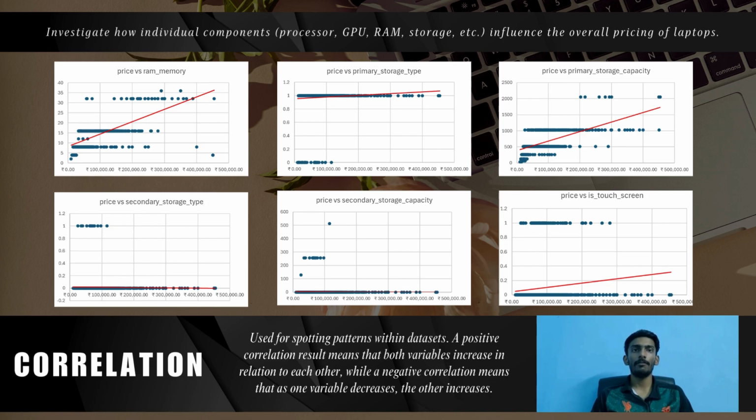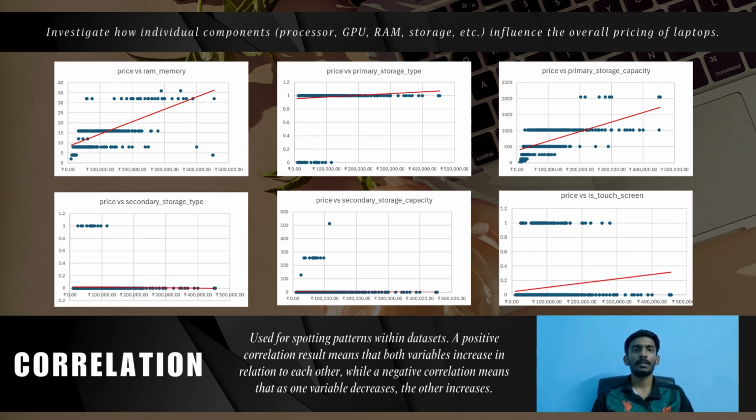For storage, we have primary storage type, primary storage capacity, secondary storage type, secondary storage capacity. The type and capacity of storage have varying degrees of correlation with the price. Primary storage capacity has a strong positive correlation, which is 0.636, meaning larger primary storage drives tend to increase the price. The type of primary and secondary storage, whether it's SSD or HDD, also influences the price, but to a